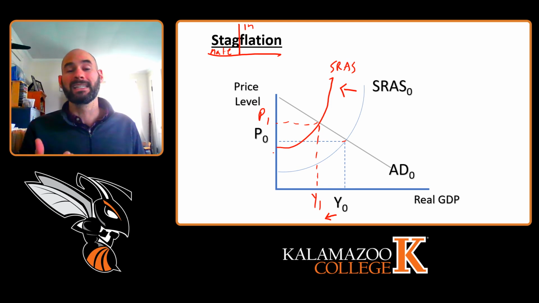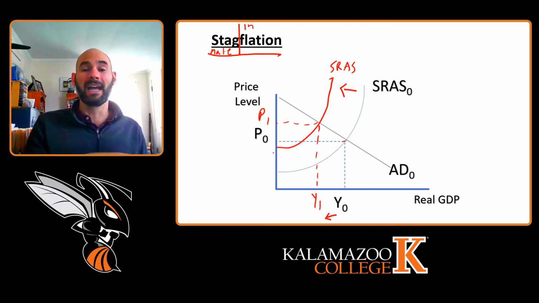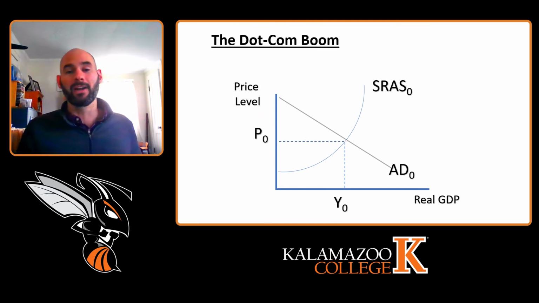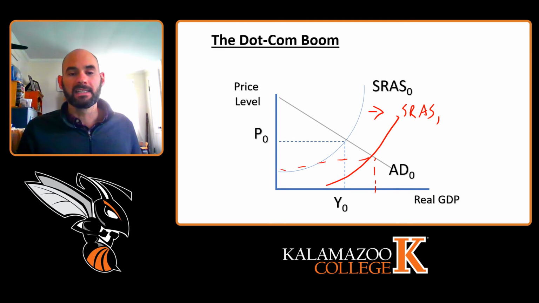However, just as we can see that a decrease in short-run aggregate supply could lead to a suboptimal outcome, we can think about an increase in short-run aggregate supply leading to a positive outcome. And that positive outcome would be a case where we would have an increase in the short-run aggregate supply, which would lead to lower prices and greater output, and correlated with that greater output would be